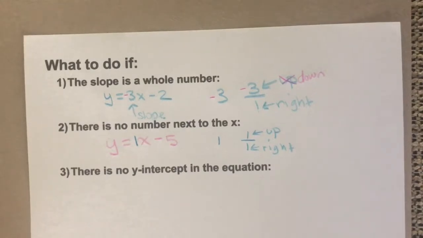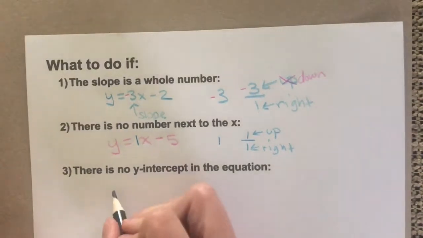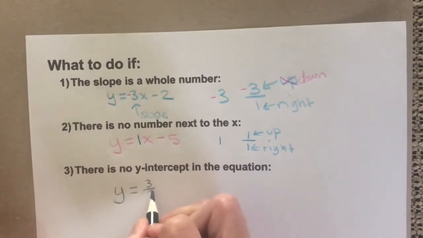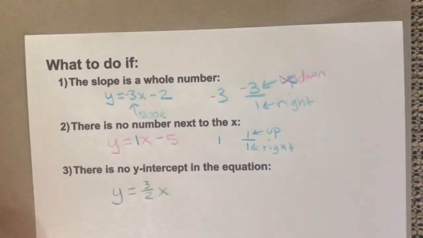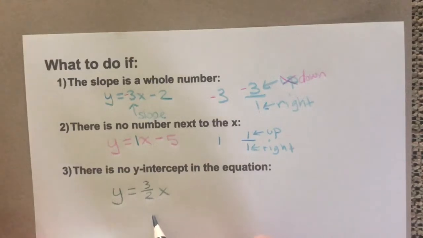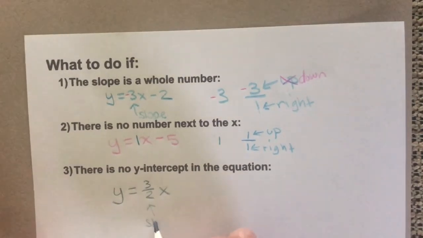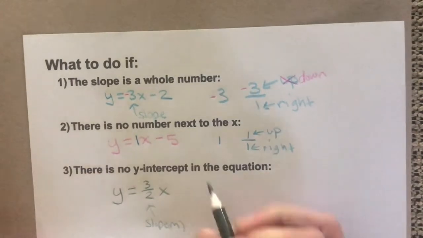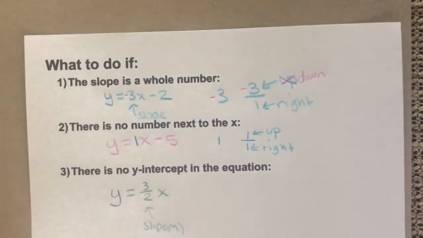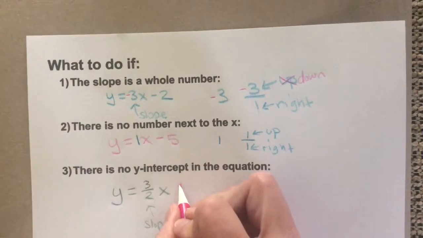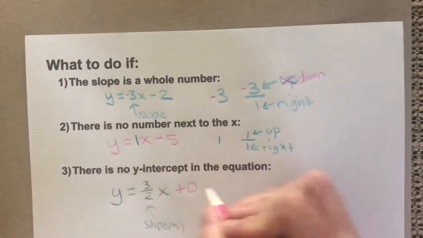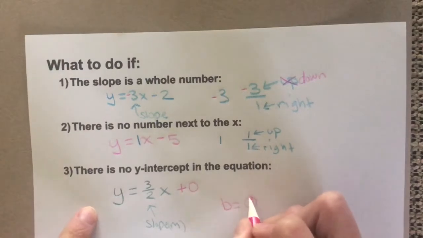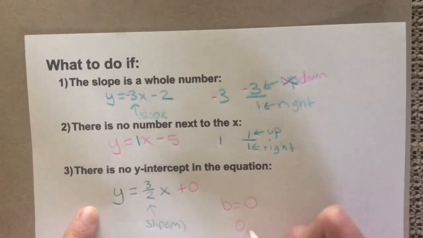And so if you don't have a y-intercept that's shown, it might look something like y is equal to 3 halves x. If you notice, our slope is given to us right here, so that's our m value, 3 over 2. But our y-intercept is not shown. That's like having a plus 0. So the y-intercept of this line right here would be at 0, which is the point 0, 0,